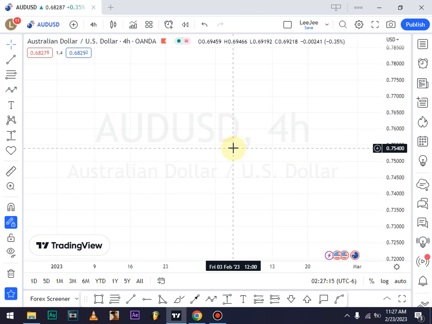Today, guys, I'm going to talk about a very powerful tool used to take your reversal trades. Usually, we have so many reversal patterns, but today I'm going to first talk about the double top and the